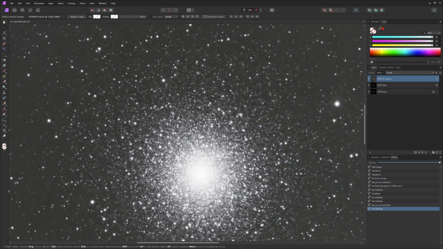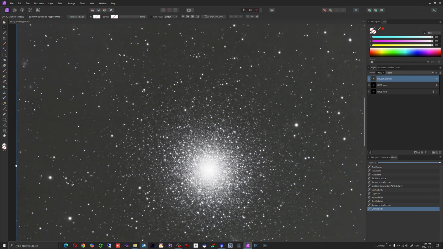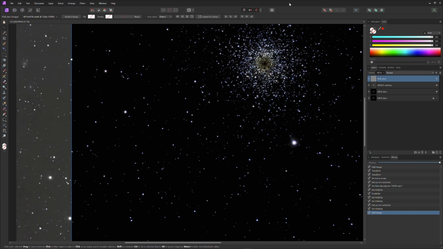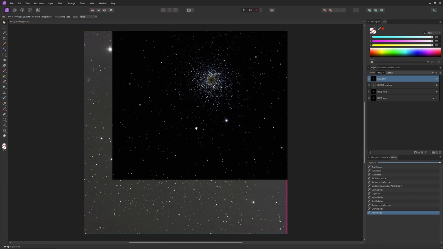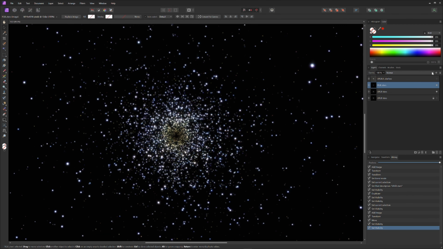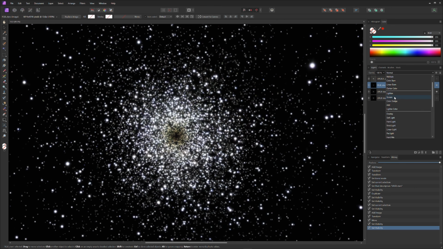Now the next thing I'm going to do is add the RGB star plate. And I'm going to place that layer right over the LRGB star plate layer. And then screen those two plates together, which will give me all the color of those RGB stars and, very importantly, the brightness of those stars, so that they really stand out against the light haze and the light worm